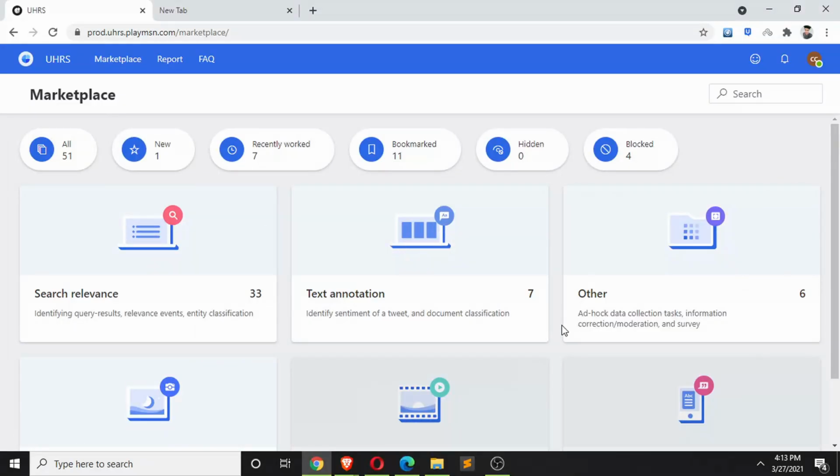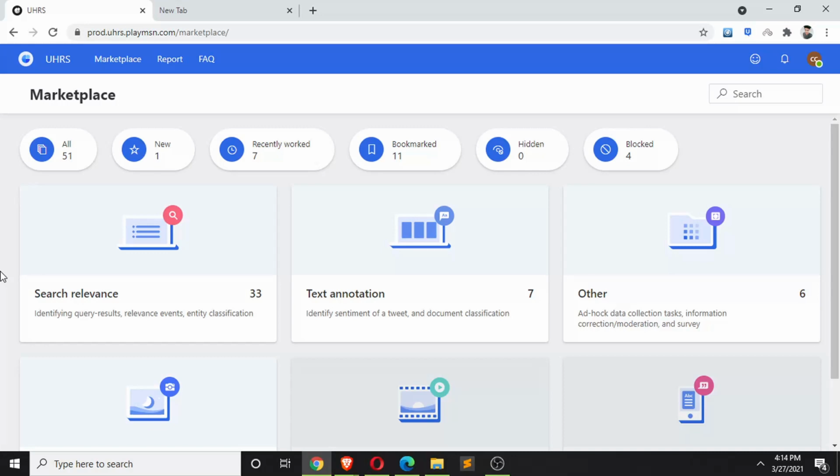So guys, as you can see, I am currently in my new marketplace dashboard, and this is the screen. I will be blurring out a lot of things which are not applicable as per the UHRS guidelines and the UHRS NDA. So all the things that you will be seeing is what the public can see, right? I'll be explaining this as simply as possible so that you all can understand and work in it.